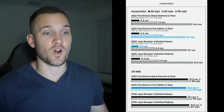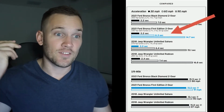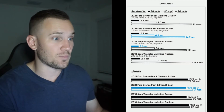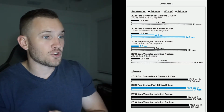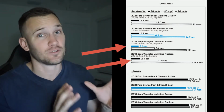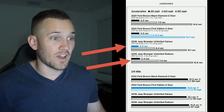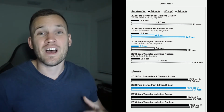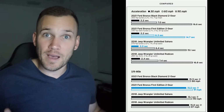Now, surprise, surprise again, the Ford Bronco takes the 0 to 60 time and the quarter mile time, not by a crazy large margin, but it does in fact win in both categories. The 2021 2.7 liter V6 engine in the Ford Bronco came in at a 6.3 0 to 60 second time and a quarter mile in 14.7 seconds. Now, comparing that to either the Sahara or the Rubicon of a Jeep Wrangler, for the Rubicon, you're looking at a 6.5 0 to 60 time. For the Sahara, you're looking at a 7.6, which would definitely be noticeably slower. However, the quarter mile time wasn't terrible. For the Rubicon, 15.1, and for the Sahara, 15.5. So not terrible, but again, the Ford Bronco, if you're noticing a pattern here, is starting to win out in